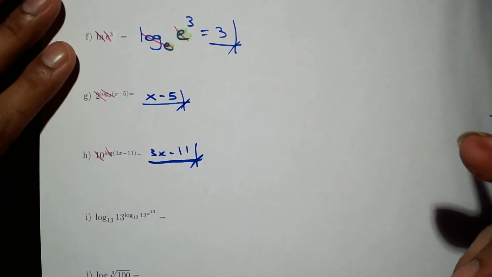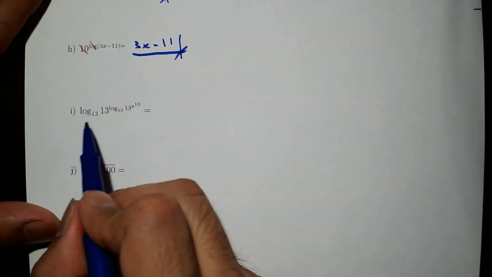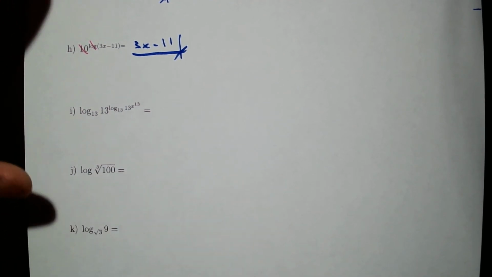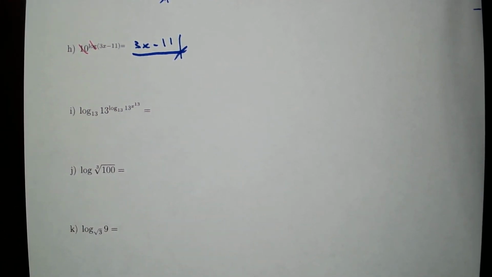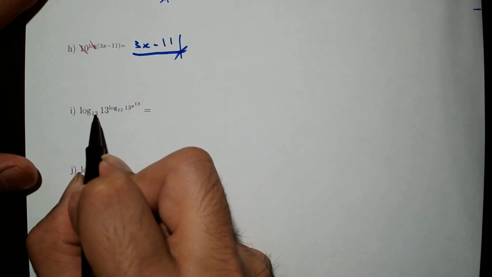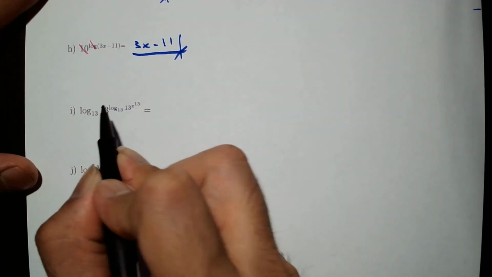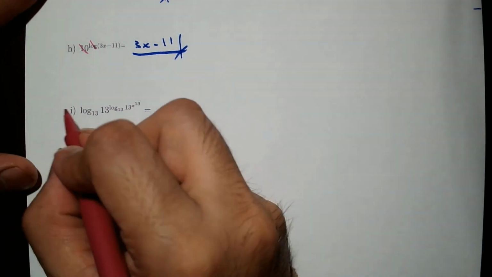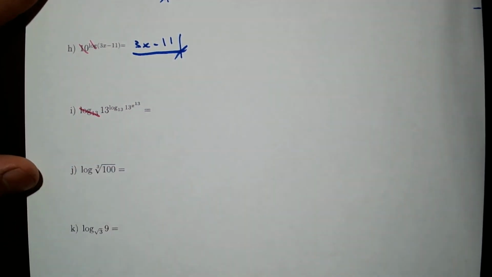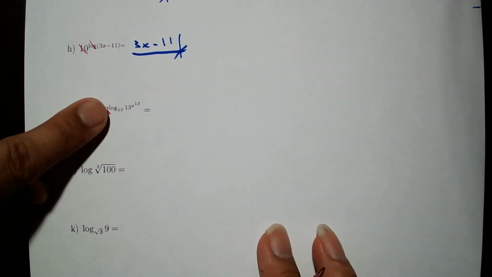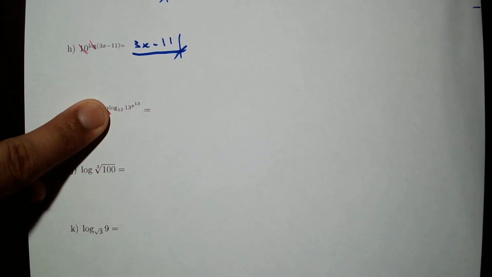All right. Now let's look at this nested collection of logarithms and exponentials. And yes, it looks huge, it looks ugly, I agree. But we're going to do one pair at a time. I'm going to observe this log base 13 of 13 to this humongous mess. All I care is that this log has the same base as this exponential. So those go away and I'm going to be left only with log base 13